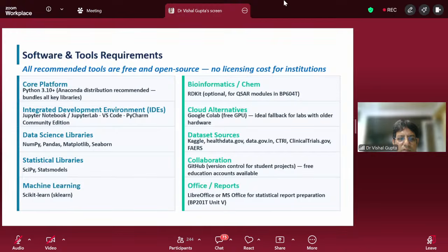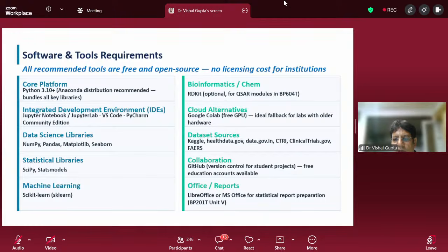Data science libraries, NumPy, and Pandas, Matplotlib, all these things should be added. Statistical libraries, machine learning. For bioinformatics and chemistry, RDKit, some of the experts were telling about the tools. So all this could be there. You could have Google Colab, which is free. And data sources we can have from Kaggle, data.gov.in, the Government of India website where all the data is available,